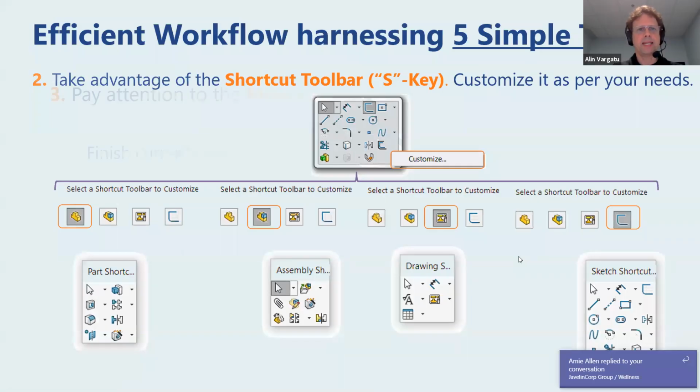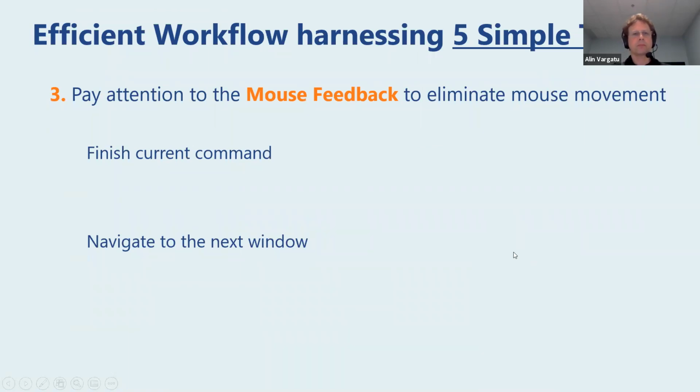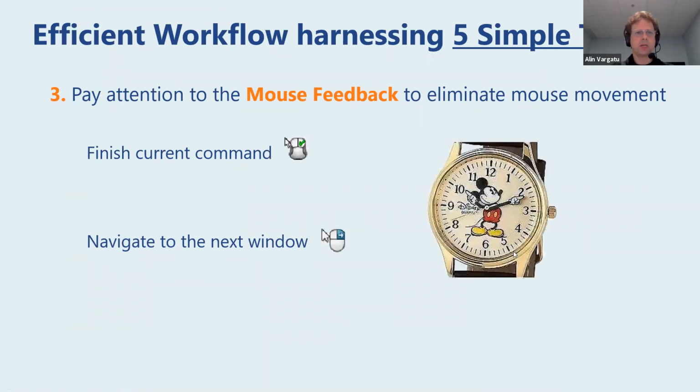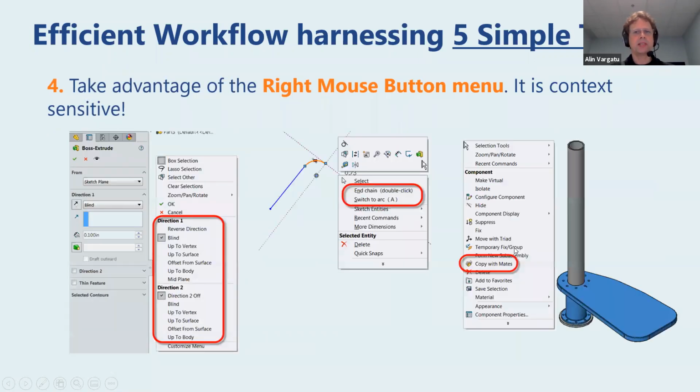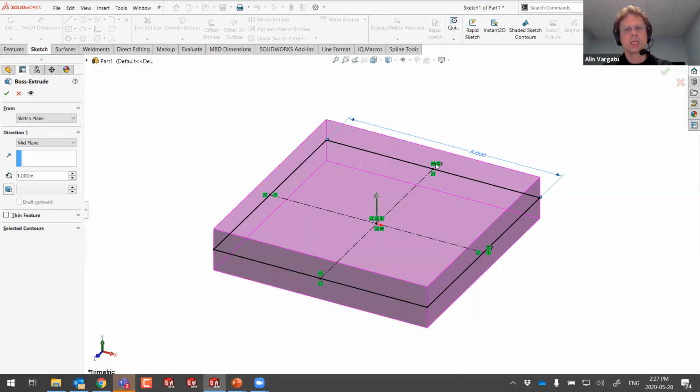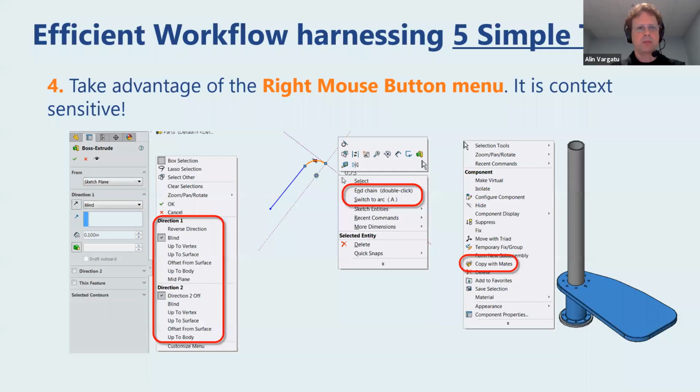Which brought me to the next point. Sorry, actually the next one would be the right mouse button menu. It's context sensitive. So notice in this case, I use the midplane directly from the right mouse, and I don't have to travel all the way to the property manager. So once you make your decision, midplane, notice another thing. My cursor has a little mouse next to it, and the right mouse button seems to have the green check mark that is the same one as the one in the upper corner or the one in the property manager. So if I right click right now, I actually terminate the command,